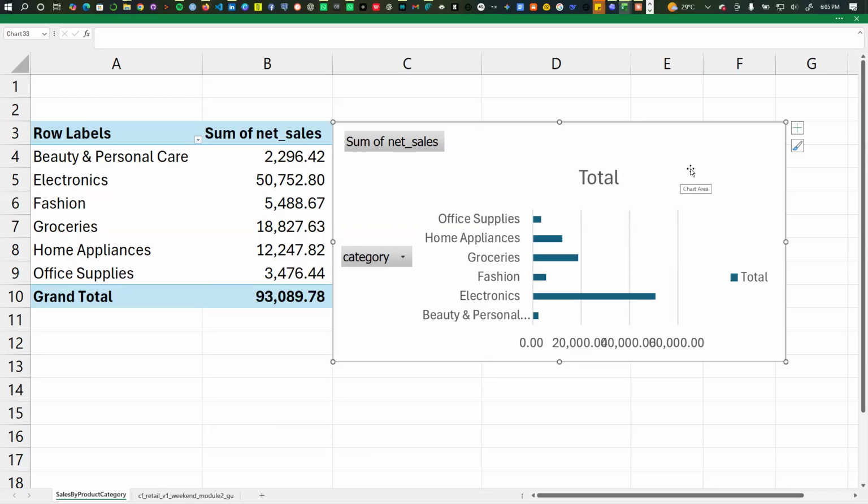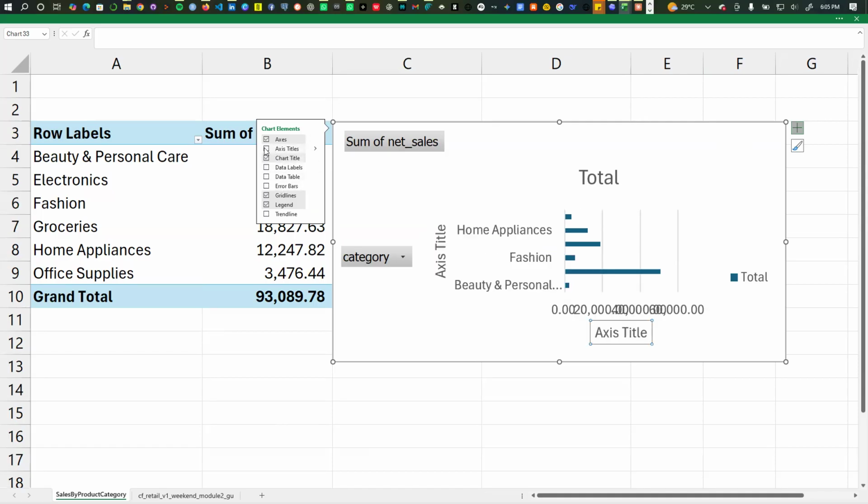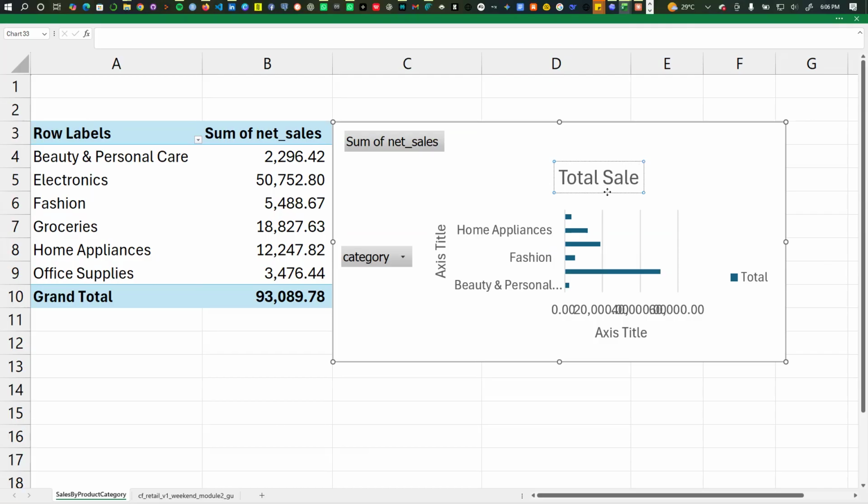So we could do a few edits here. In this case, if I click on this plus and then add a few decorations to the chart, like axis labels and then chart title, then I can make it more readable. So here I can rename this one to total sales, or total revenue, if you like, total sales. And then I can call this one